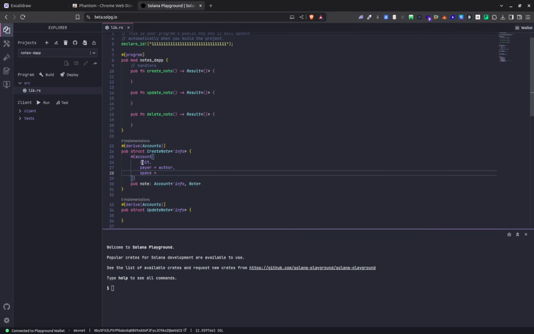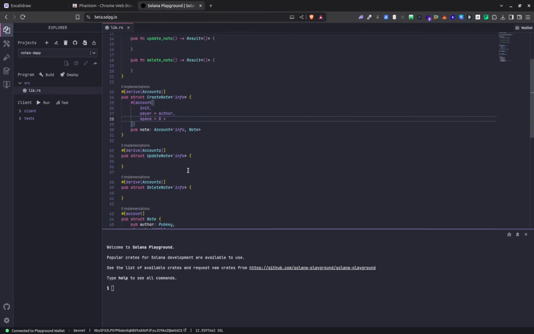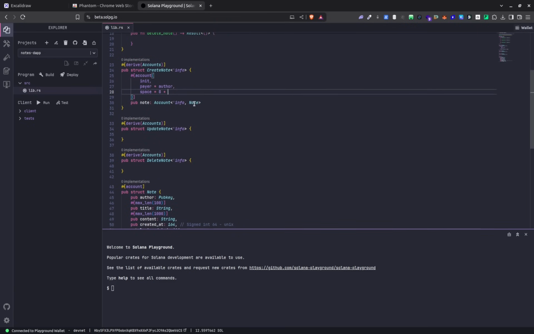Here, space is 8 bytes. Why 8 bytes? I'll explain. Here, the type of this account is note. So while storing the data, we'll store it as an account, right? So in order to create a public key for that account, what this Solana program does is these 8 bytes